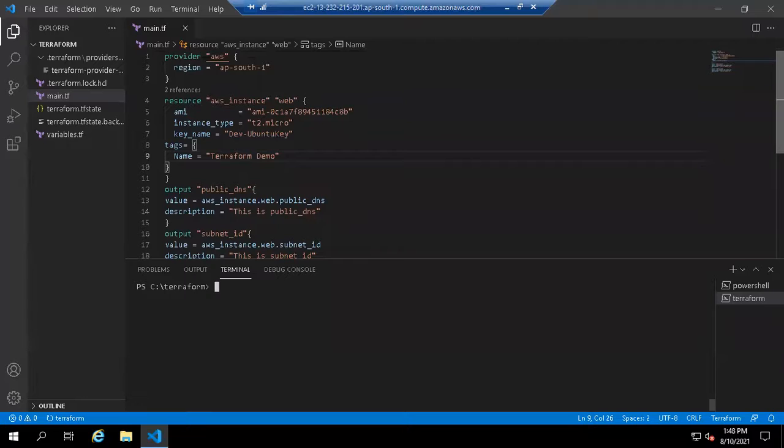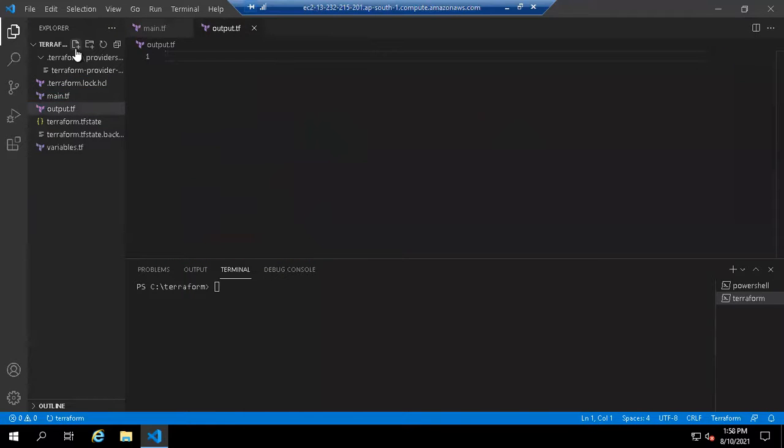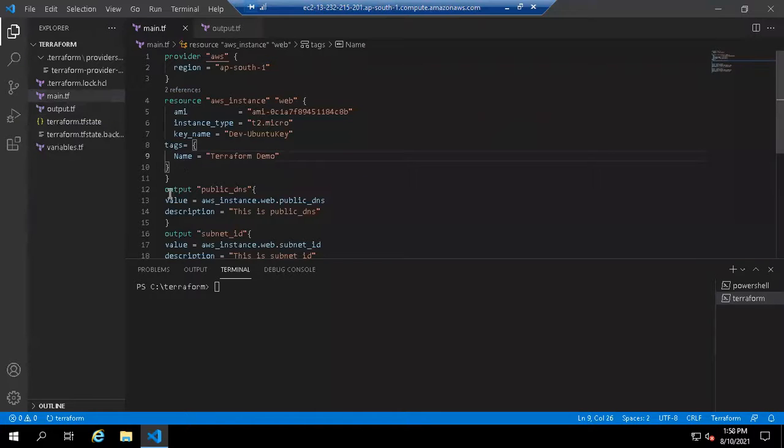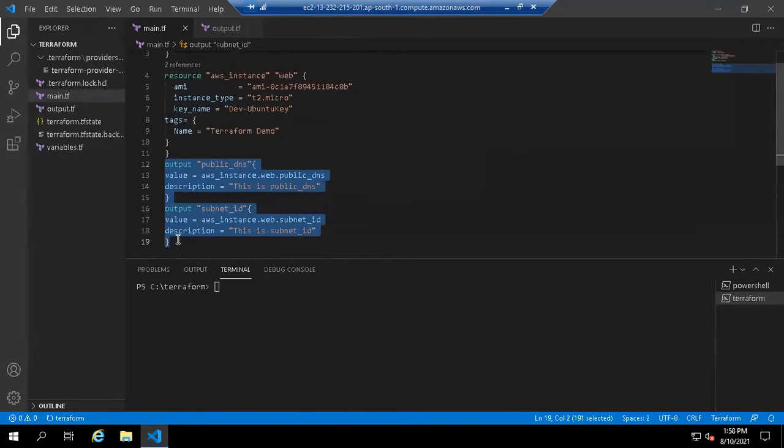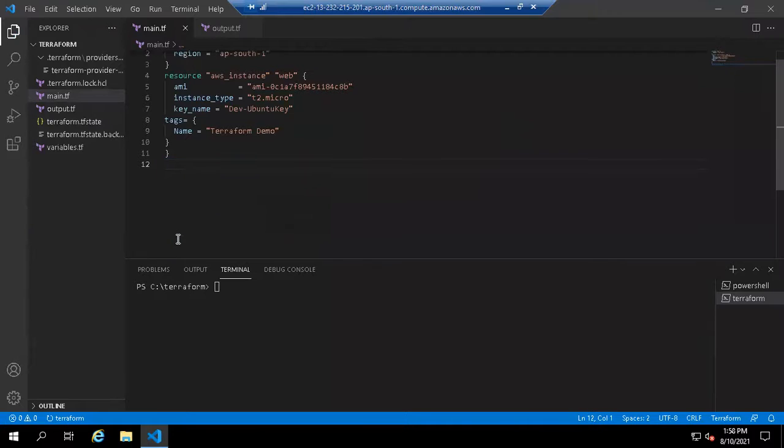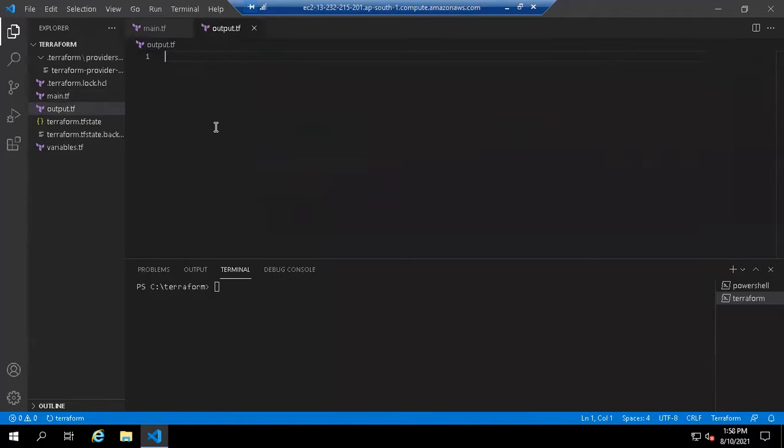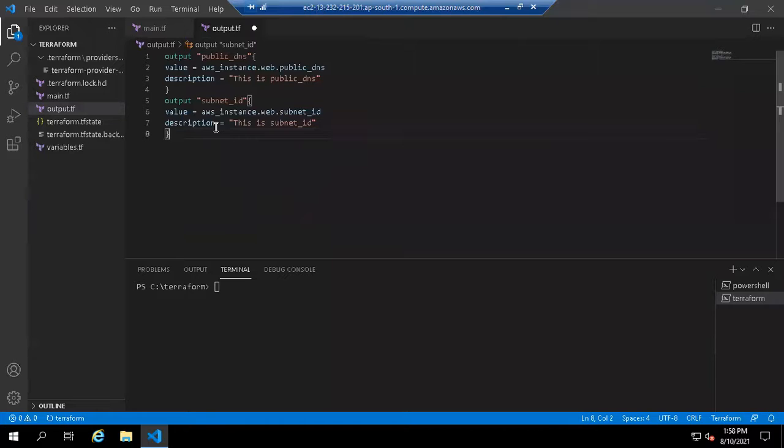So let's see in code. Firstly, we create a new file, that is the output.tf file. Then we just copy the code of output values and paste it in output.tf.